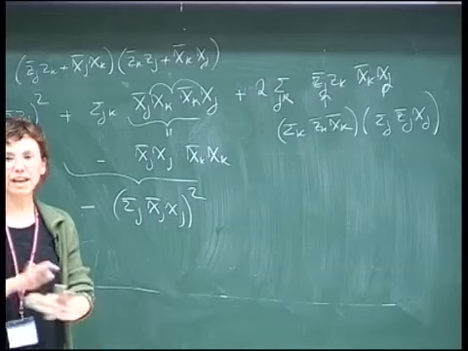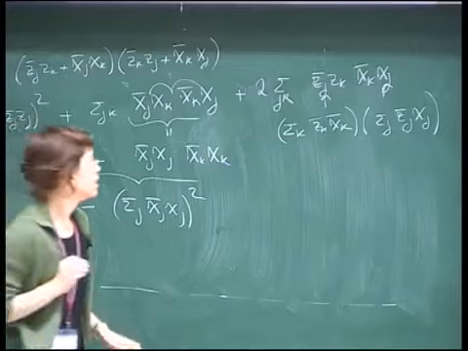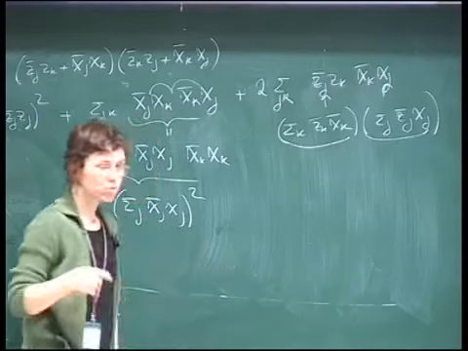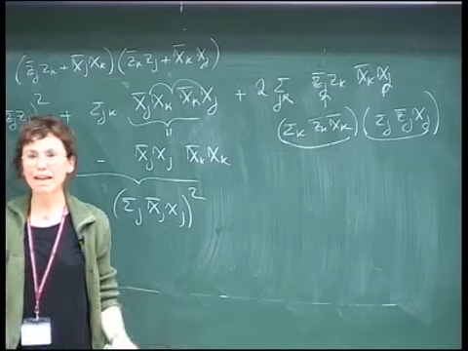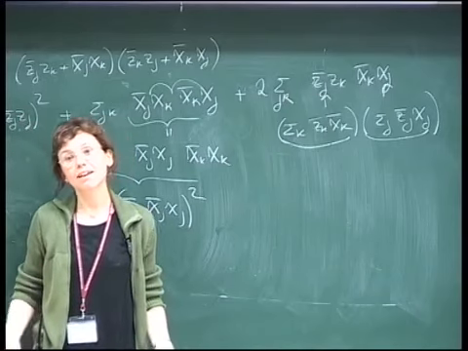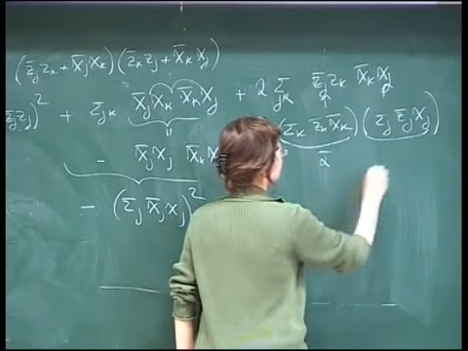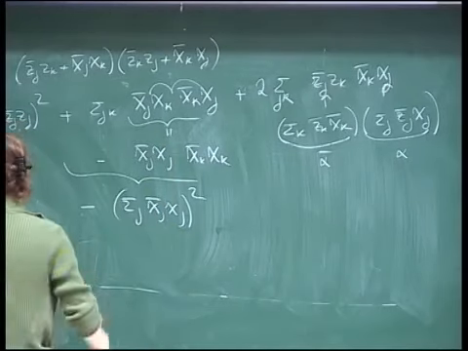I didn't move any chi bar or chi, so I have no additional minus sign. Now you see, here I have something where I managed to sum over the indices. But it's no longer a number. It's an anti-commuting variable. So I can write it as, okay, so